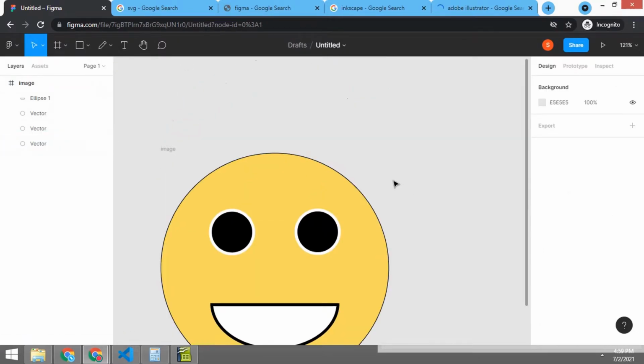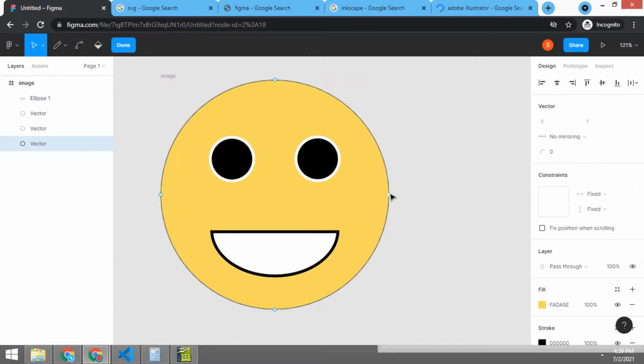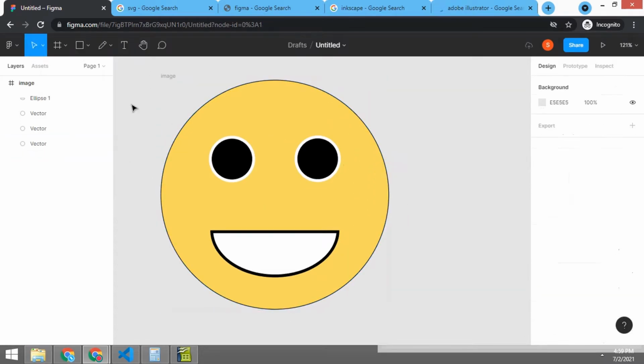As of now, I am using Figma. Why? Because it is browser based. It does not need any specific operating system. It can work on any operating system with the use of a browser. We can use these software like this. We can change the shapes of the content directly.